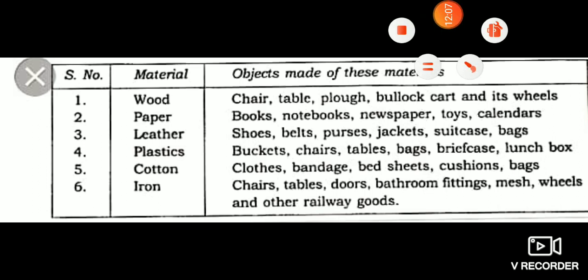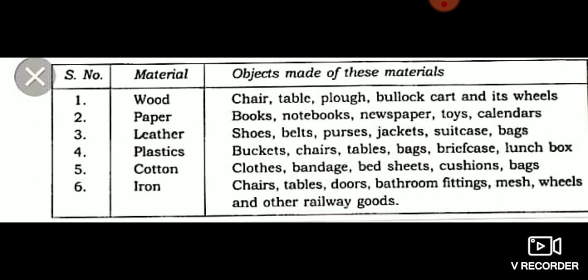Let us know what is material. Material is a substance which is used in making different objects. While object is anything which we can see and touch, material is a substance which is used for making different objects.